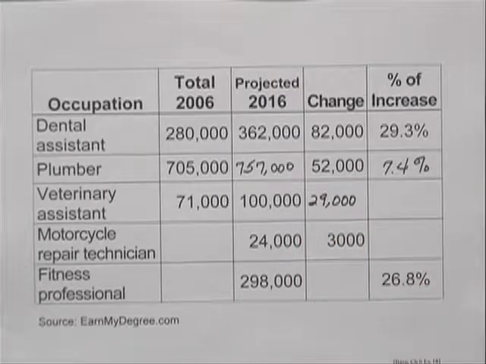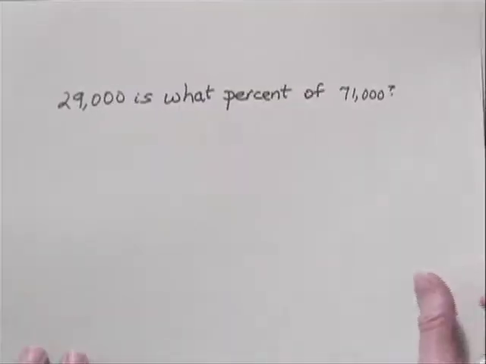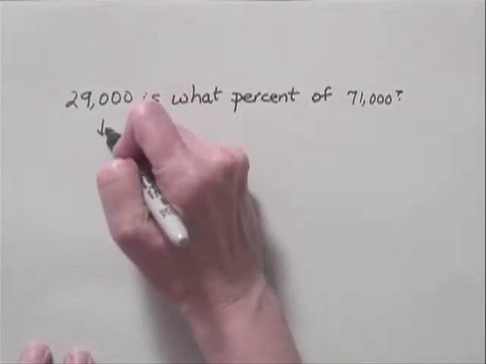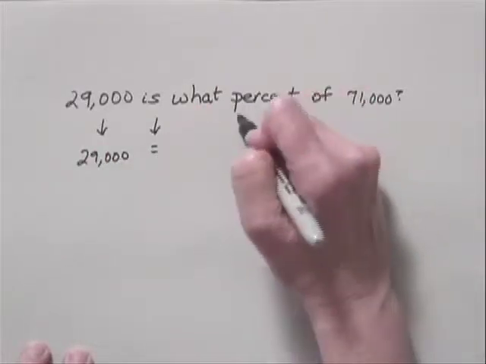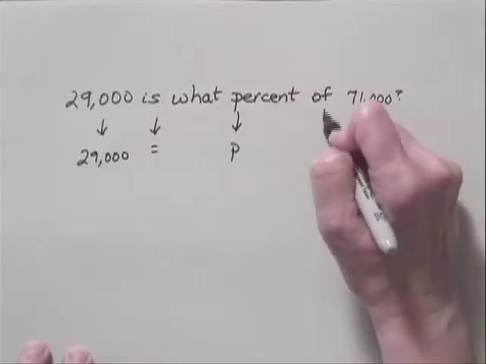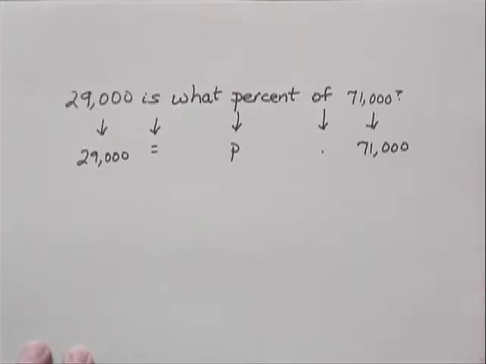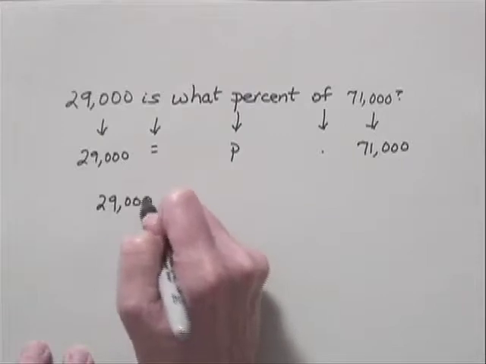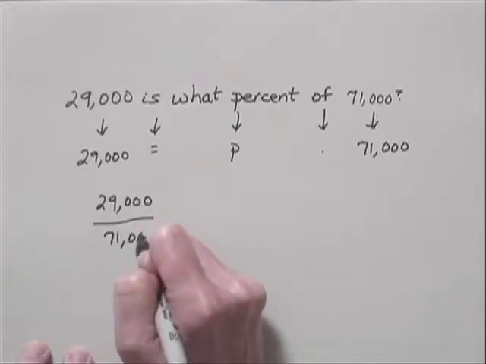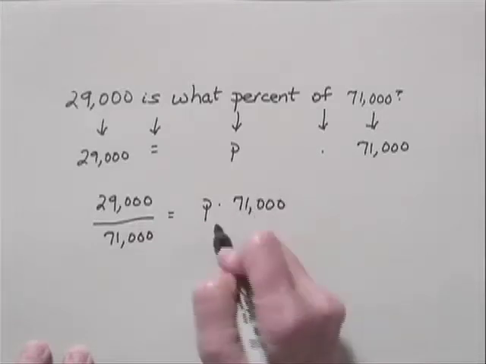And now again we want to find the percent of increase, and we're asking the question, 29,000 is what percent of 71,000? So we'll write an equation. 29,000 equals, and let's call the percent P again, of times 71,000. And again, we can divide on both sides to find P. We would have 29,000 divided by 71,000 is equal to P times 71,000